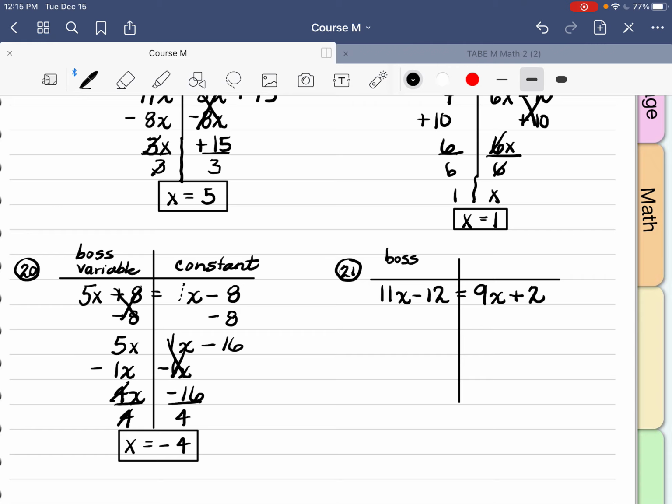It's going to be the 11. So variable on the left, constant on the right. I'm going to move the 12. Cancel, copy,